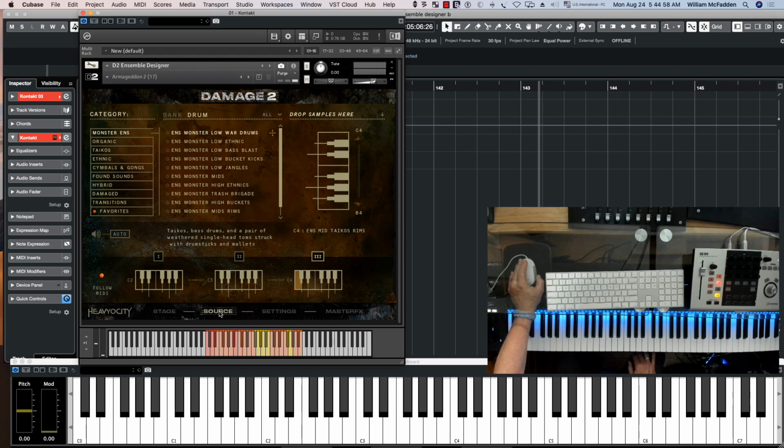And here's your source menu. So we have them categorized into monster ensembles. And then we have the organic. So these are your sound sources. We have the grind casas, as you can see. And then the taikos, and we have a lot of those, and some Chinese toms. Then we have some ethnic,